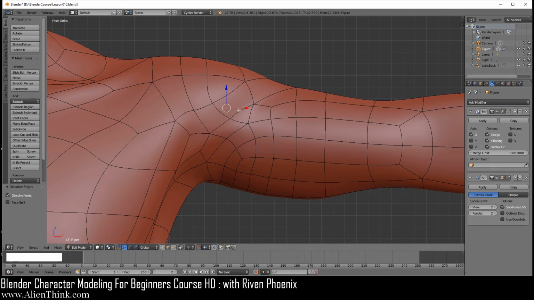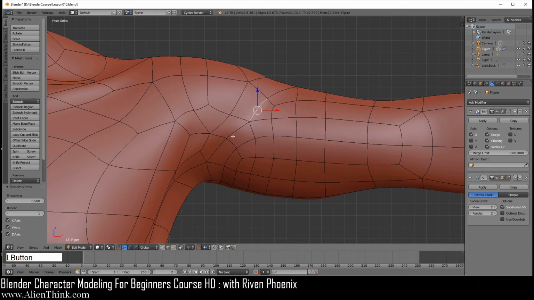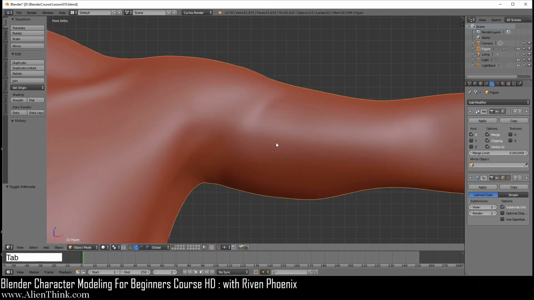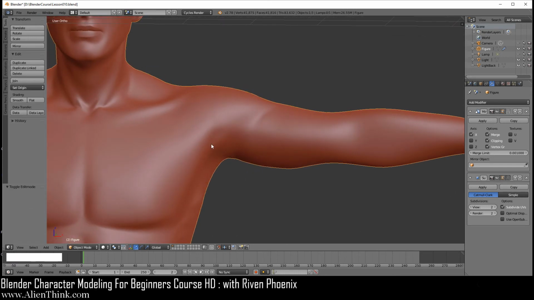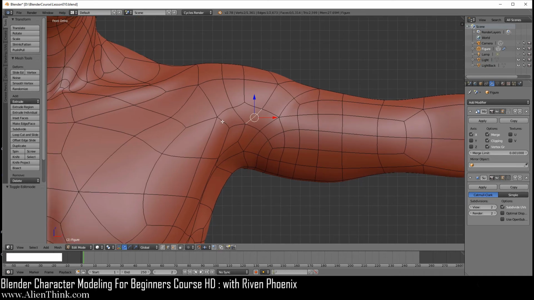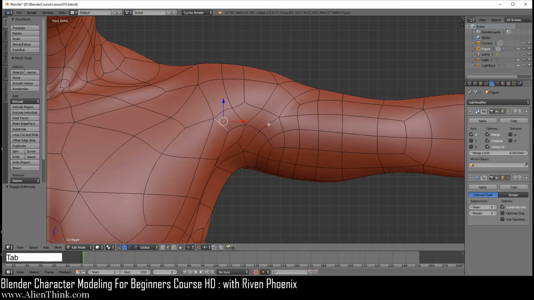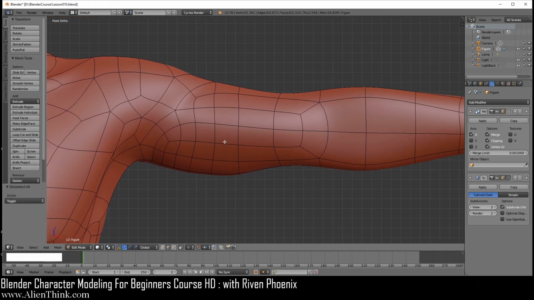But look what happens when we click on this one. We can do Control A 1 and then 2. Make it go this way, and then click on this one, which is basically 2 triangles together, and we know that if we do X and dissolve, it will leave a quad. So now we can click on this one, do W smooth 1, 2, and then 3, and then click on this one, W smooth 1, 2, and A to D select. You can see how we can now define this whole area very smoothly over here. Okay, now just select this one and then do W and then smooth, bring it down over here. So we're done with this area over here for the bicep, well, really for this junction here for now.